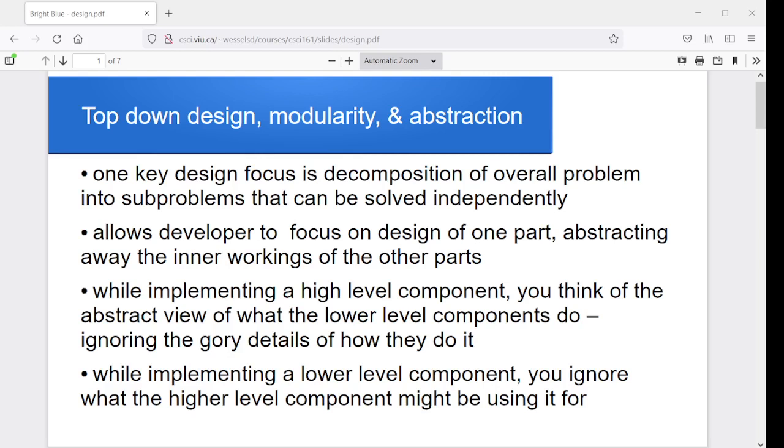I want to talk about different ideas for decomposition, and I want to talk about the idea of abstraction, taking a more complex component and deciding from an external perspective, what does this provide, what does this do, and sort of hiding a lot of the gory implementation details that we don't need to think about at any specific point in time. So I'm going to talk about top-down design, which you've probably already seen in your first programming course, the idea of modularity and the idea of abstraction,